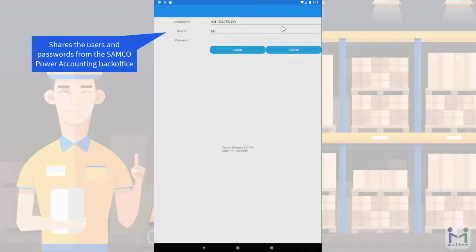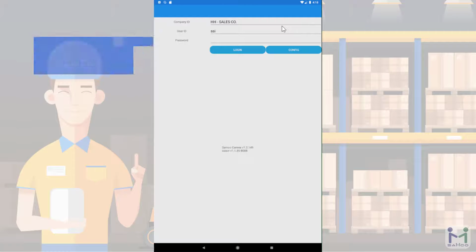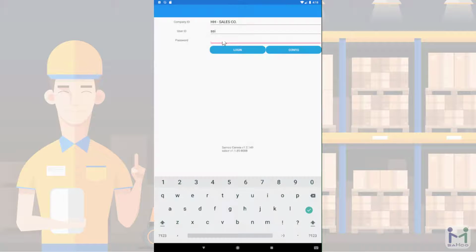Speaking of users, the Carrera app shares the users and passwords that are already set up in the Samco Power Accounting back office. So very little setup is needed to get your users started if you've already got them set up there. So without further ado, let's log in and take a look and see what the app is made of. So we've already got our user ID set, so let's type in our password